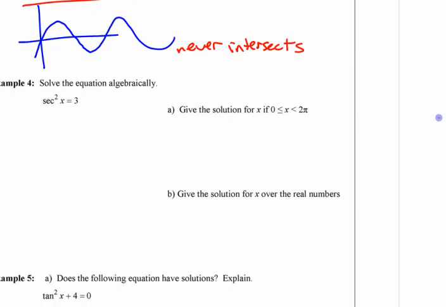The other ones that are here, you're going to have to think about what other ways you isolate variables here. This says secant squared is 3. Secant squared is 3. Think about what your steps would be in isolating that. I am actually going to stop this because it's going to go over the 10 minutes. I know you wanted a quick lesson on this, but